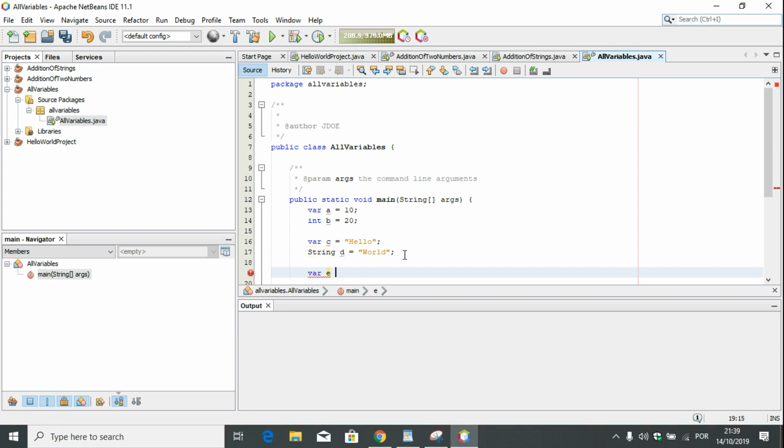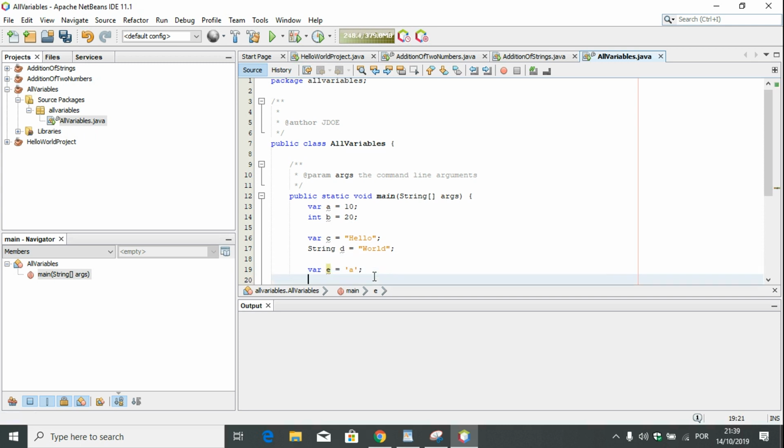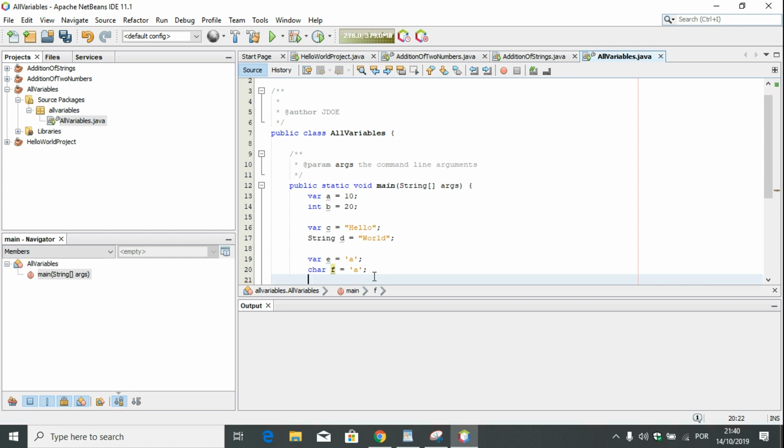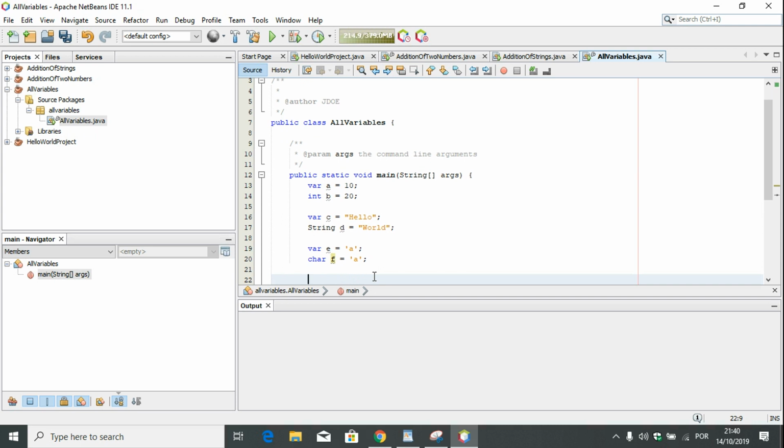var e is equal to character, single quote a. So e is holding a value of a. The second way to define a character is this: character ef is equal to, so we will give the same value, and you can also give different values. So character, and the next was